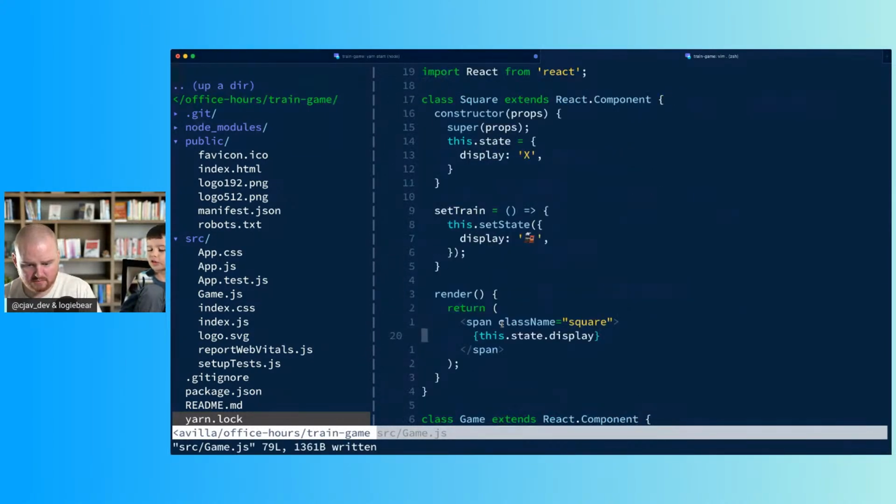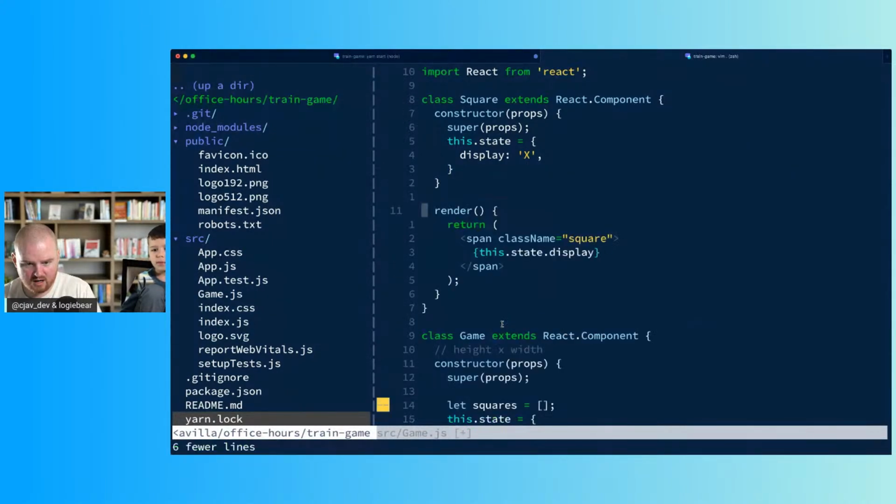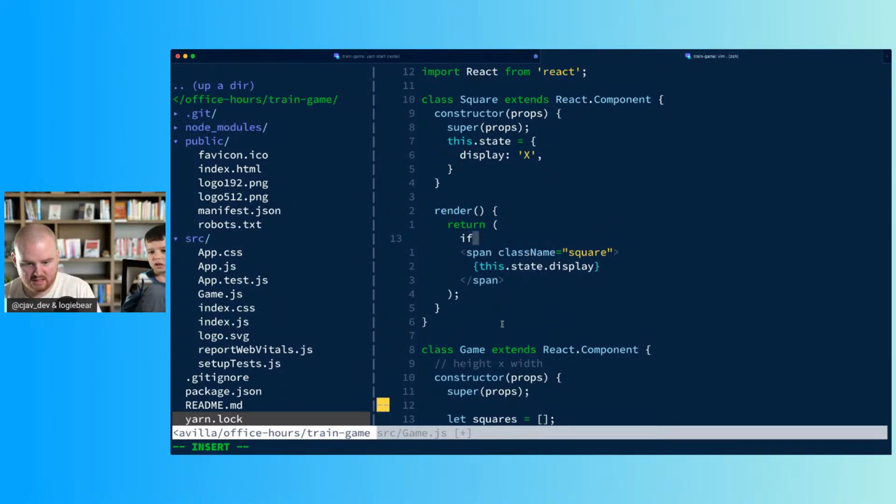And I don't think we're gonna be able to finish this today. You don't think so? Yeah, we're not gonna be able to finish this today. If this dot props dot train and